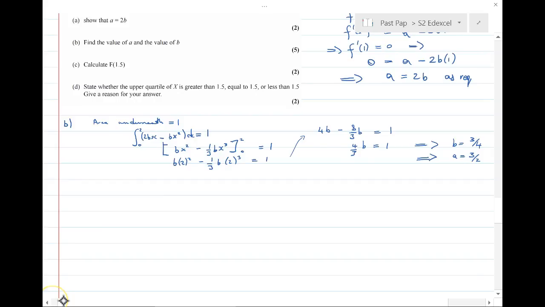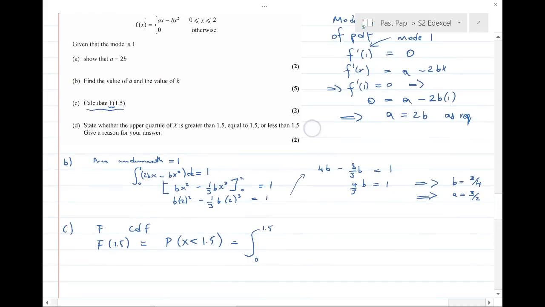Okay. Now for part C, it wants capital F of 1.5. That's the CDF. So F of 1.5 is equal to the probability that x is less than 1.5. Although you might be tempted to work out F, they're only really asking for a probability, and there's only a couple of marks. So let's just go to our PDF, which we now know, because we know a is 3/2 and b is 3/4. So that's the integral of 3/2 x minus 3/4 x squared dx,